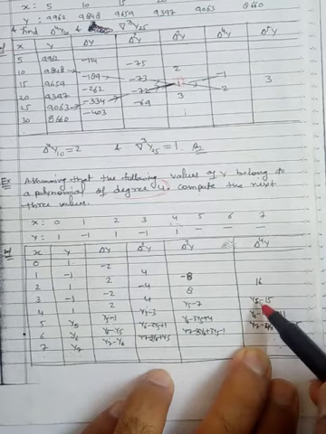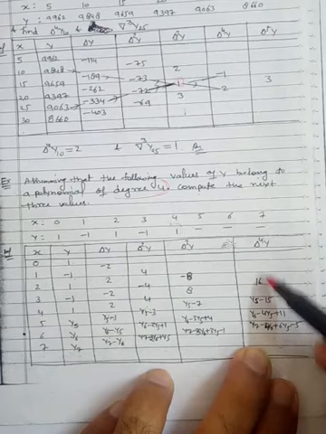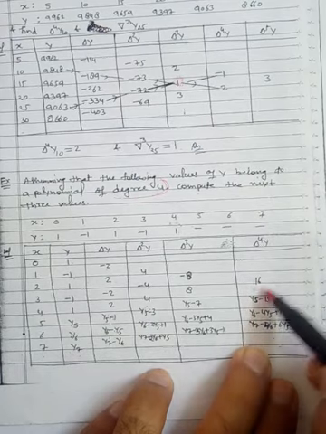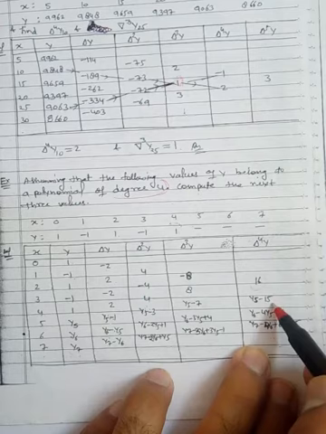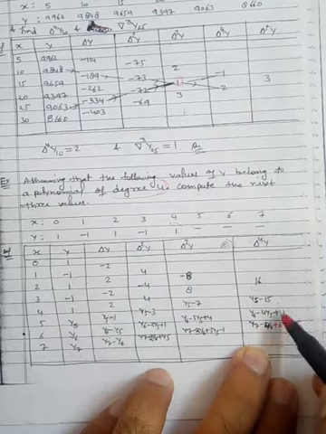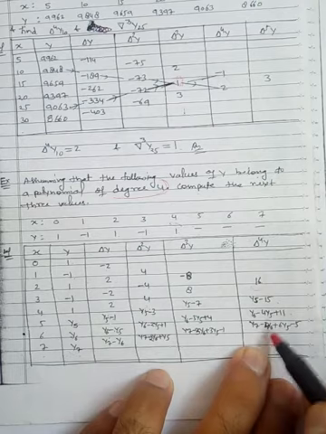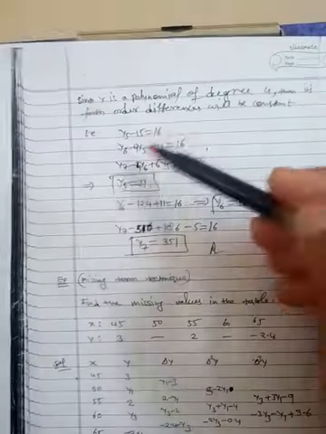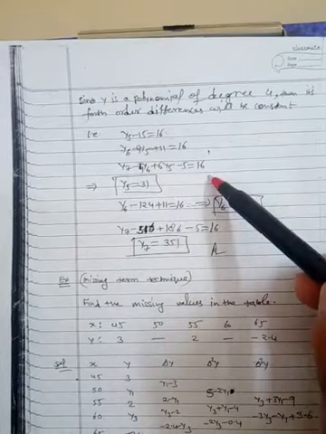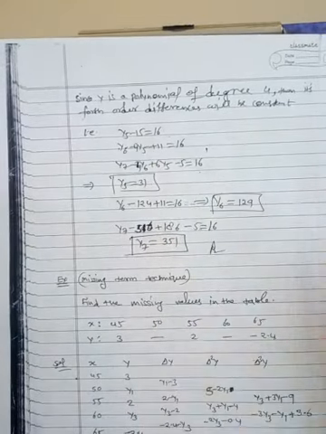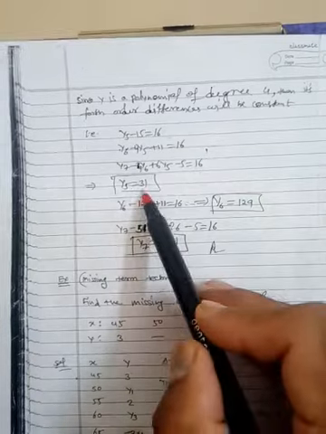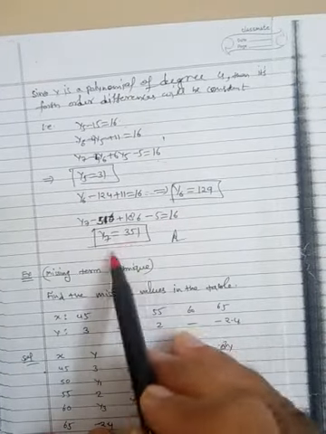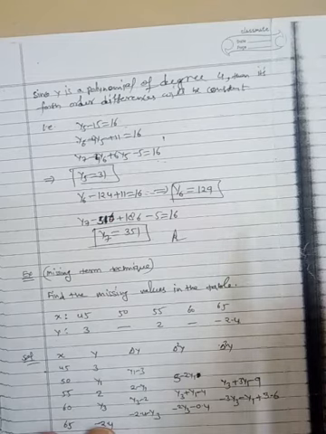So here we are getting 16, y5 minus this, y6 minus 4 y5 plus 11, and since they are constant, and in this column the constant value is 16, that is why y5 minus 15 is 16, y6 minus 4 y5 plus 11 is also 16, and y7 minus 4 y6 plus 6 y5 minus 5 is also 16. So we get three equations. These are the equations, and their values are 16, 16, 16. Now simplify this. After simplification we get y5 is 31, y6 is 129 and y7 is 351. So this is the procedure.